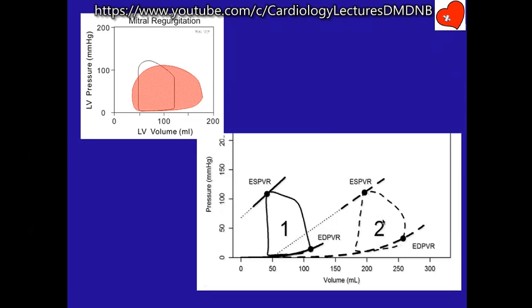If you see a similar picture at a lower ventricular volume and also a low systolic pressure, suppose systolic pressure is only 80 or 90, then you suspect that it may be an acute MR like myocardial infarction, cardiogenic shock. So the same picture at a lower volume and at a lower systolic pressure. See, acute MR cannot produce systolic pressure of 120.